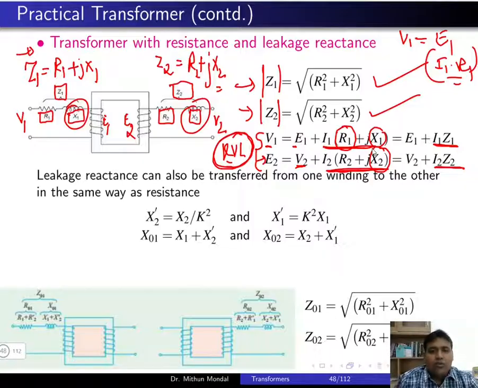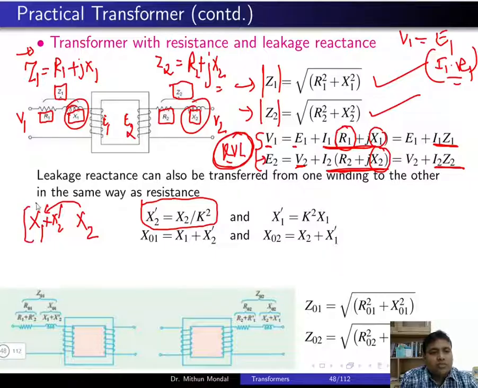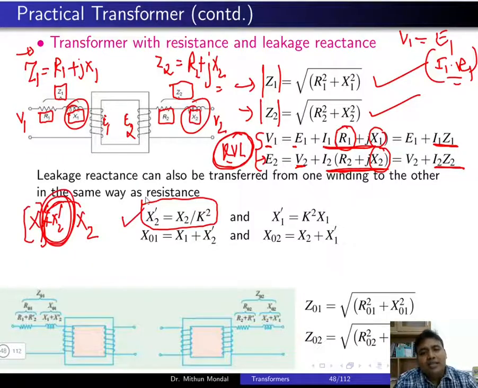Similarly, as we have calculated the equivalent resistance, we will try to find the value of equivalent reactance. When you have X1 on the primary side and X2 on the secondary side, and you want to take X2 on the primary side, this will be X1 plus X2 dash. X1 will be a constant quantity on the primary side, and X2 will be taken as X2 dash. So X2 dash, the reactance referred to the primary side, is X2 by K square,